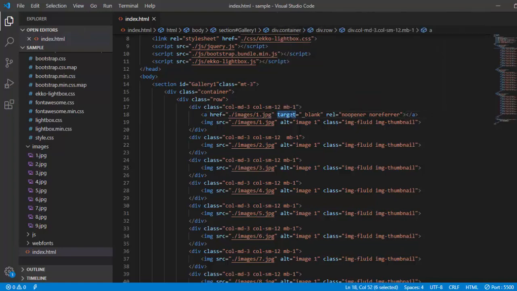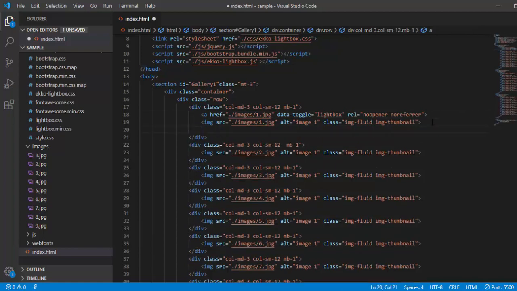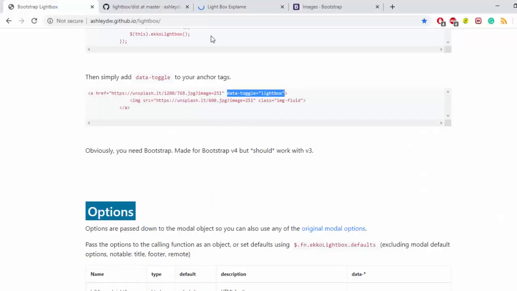Data target they are giving, we don't require it, we need a data toggle, right? And then your A tag is closed. A very simple one we have kept in the first section of the gallery, the first image, right?